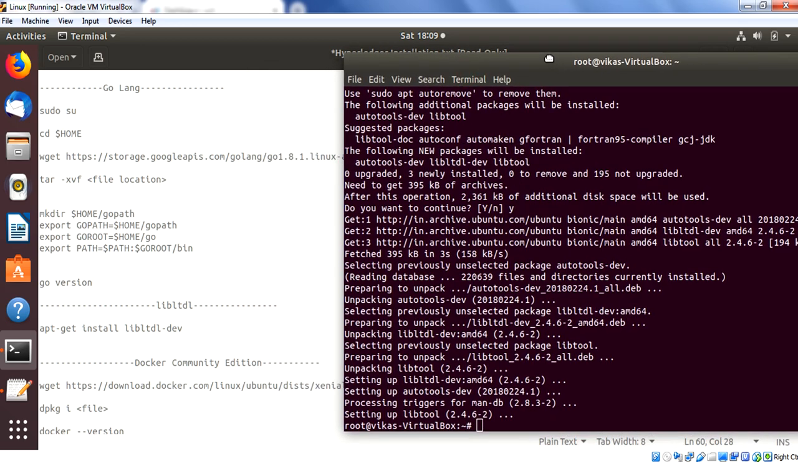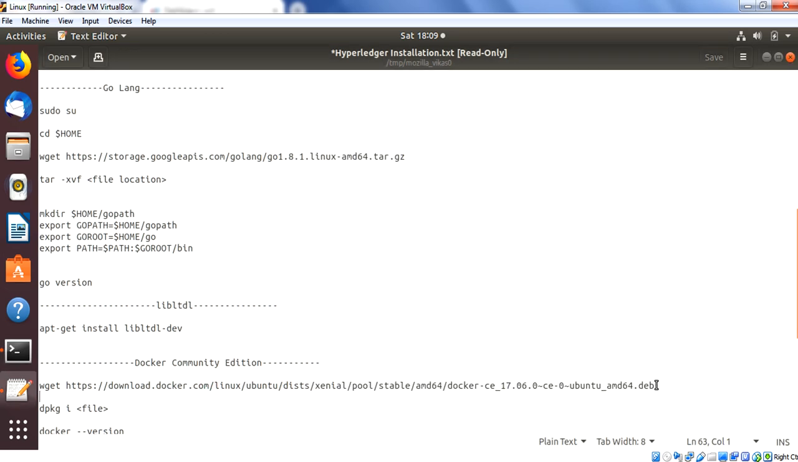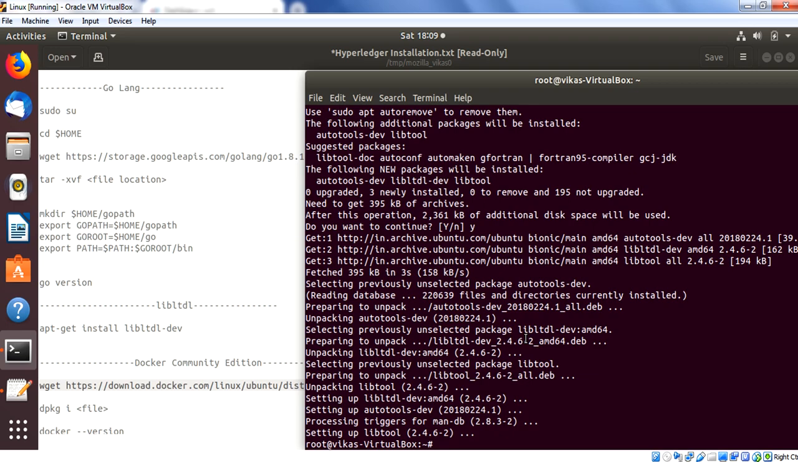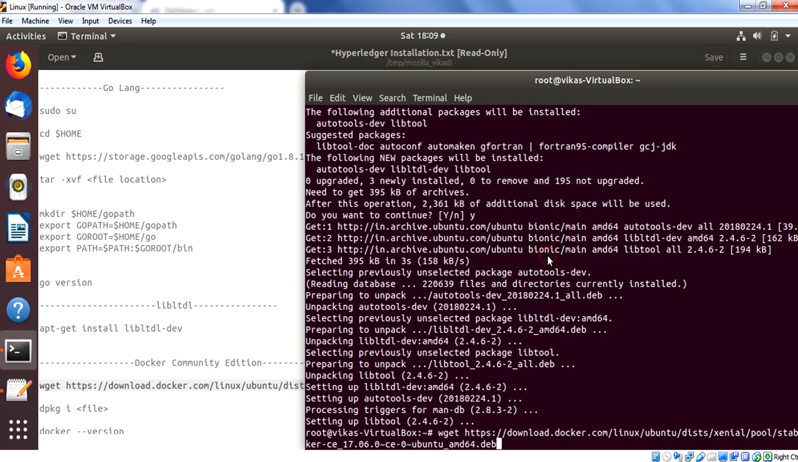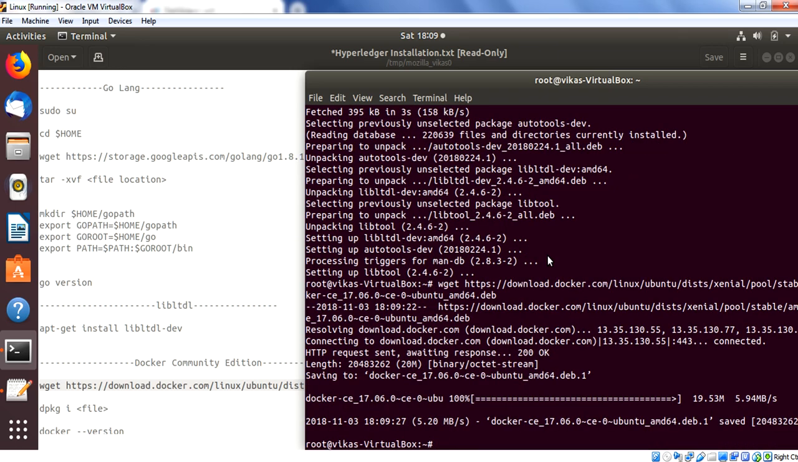So first of all, to install Docker Community Edition, what do you have to do here? This is a command which you have to take. I will take this command. You will download this Docker from this URL. So let me copy this here, paste it here. So what I'm doing here, I'm downloading Docker CE from this location. Okay. Now what I will do here,